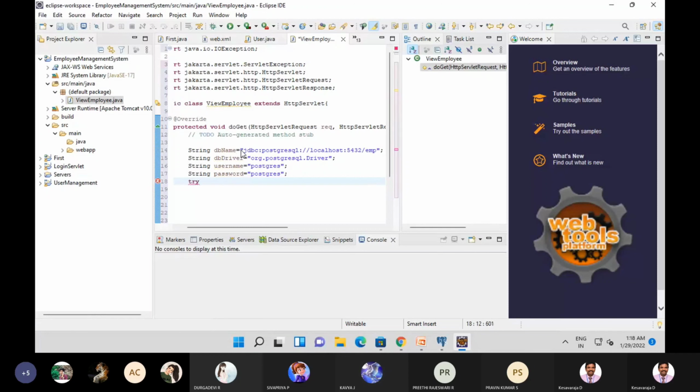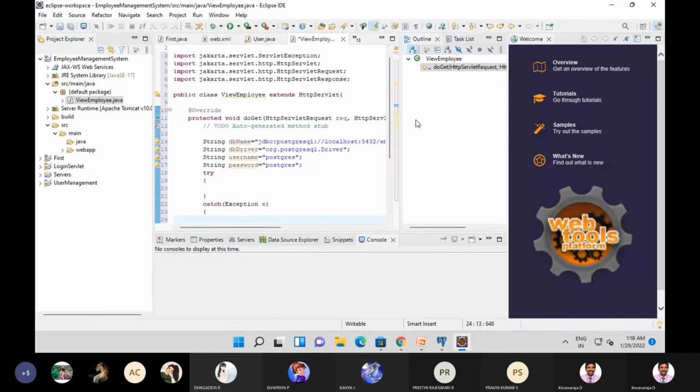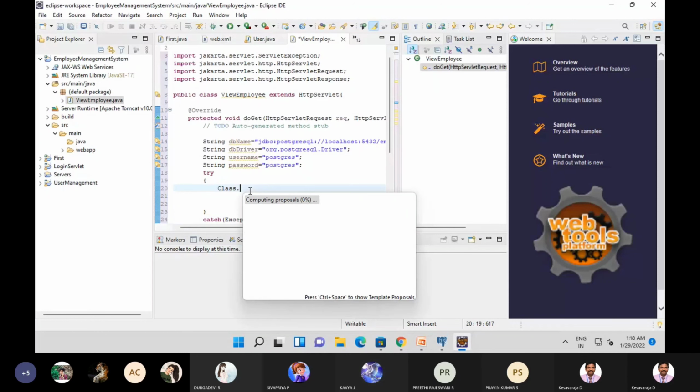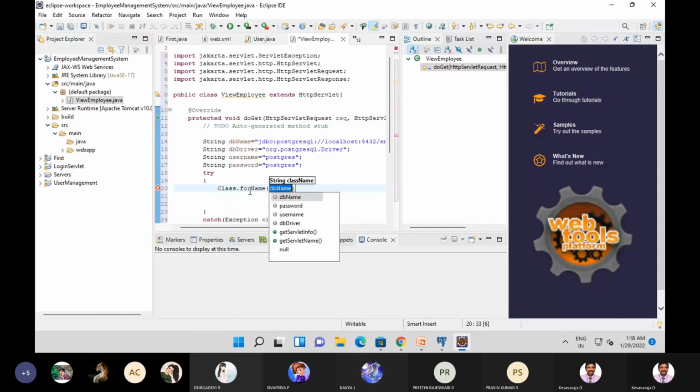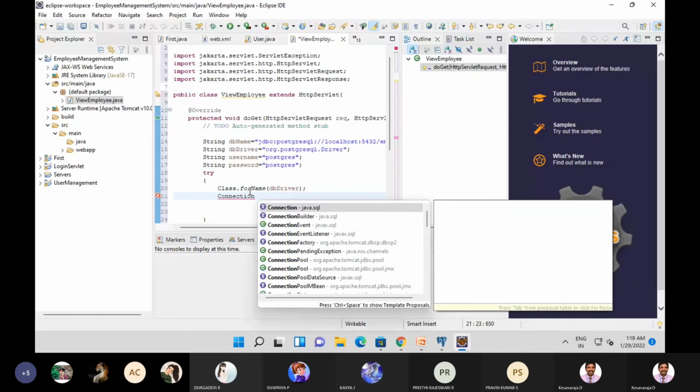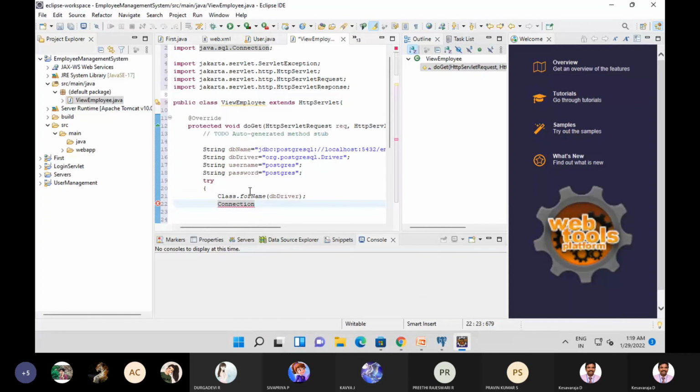Now inside a try and catch block, we will write the database connectivity. So it is the normal Java database connectivity procedure. Class.forName, and we provide the dbDriver, not dbName. So Class.forName(dbDriver). Then we will establish a connection. So Connection, which is under java.sql, Connection con, which is equal to